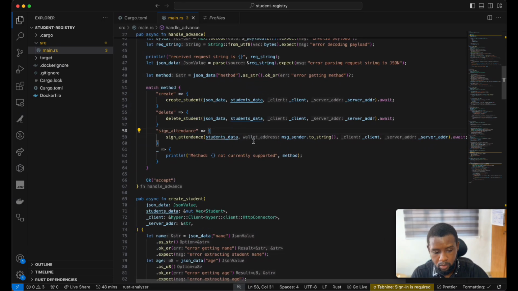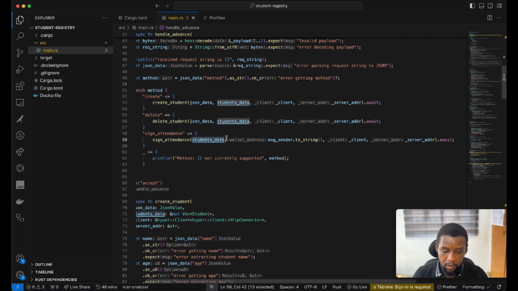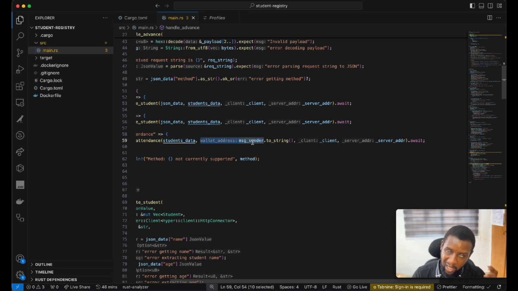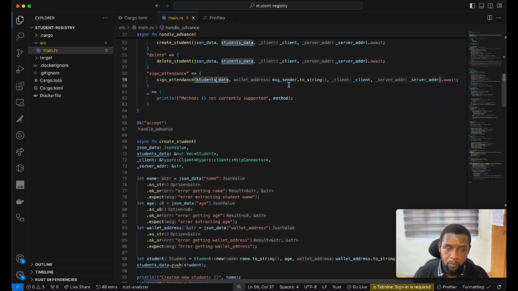So remember that the difference between the sign attendance and these other functions is that for sign attendance, we are passing in the entire student data, that is a vector. Then you're passing in the address of the user that is trying to interact with it, that is msg.sender. Then the client and the server are just variables that we need to emit a notice or a report. So once we get those two, we do the whole looping, find the exact student, then carry out the signing